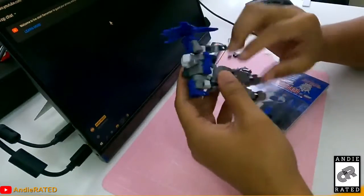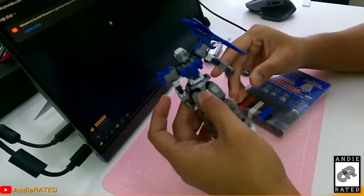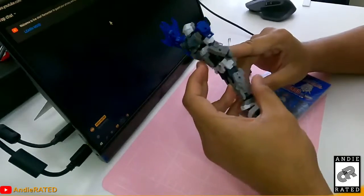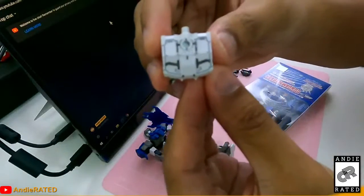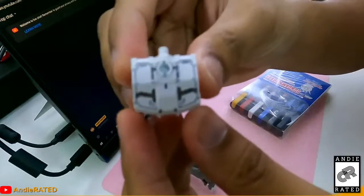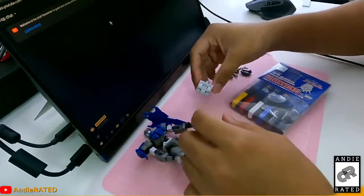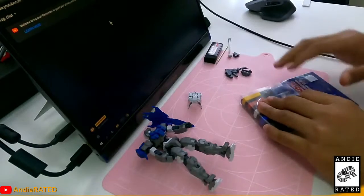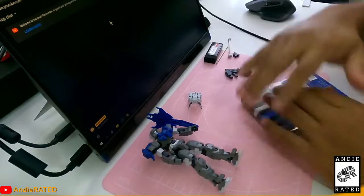details on it, because panel lining this is actually a lot more challenging than the usual Gunpla, because it has a lot more details and crevices and linings on it. So I'm gonna try to, as you can see from this one, it has a lot of things in it. In a regular, does it show? I don't know if it shows, but yeah, it has a lot more details in it than the regular HG Gunpla. So I'm gonna start off the stream by trying to paint this, and then later I will start building